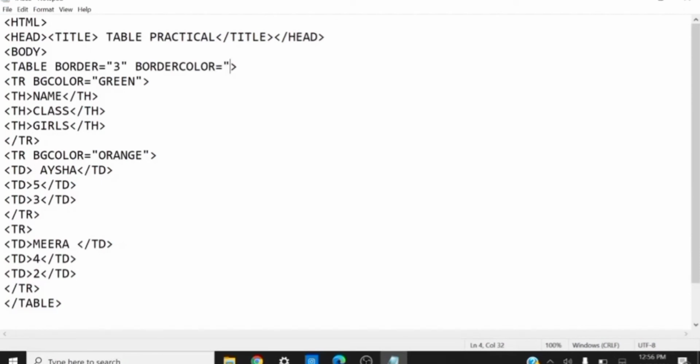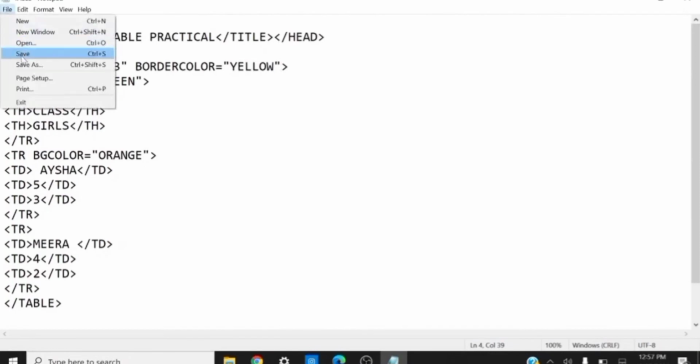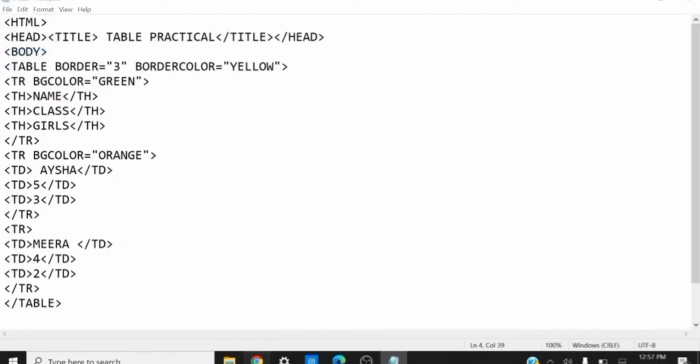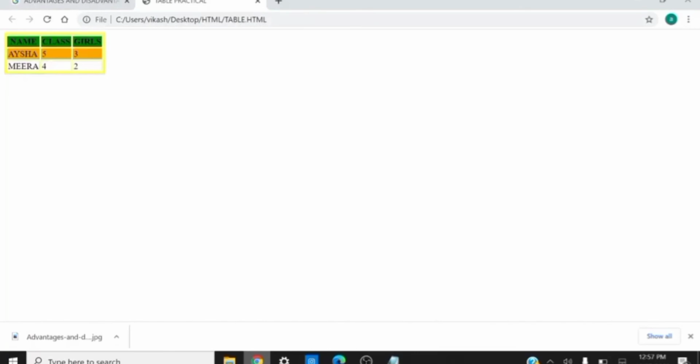Suppose I want the border color of my table to be yellow, so I write yellow, save it, open my web page and refresh it. Here you have seen the border color of your table turns yellow. Hope you all are clear with all the options that we can perform in our table.